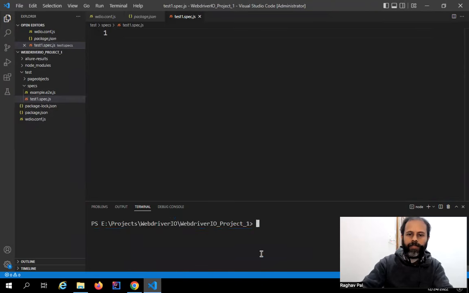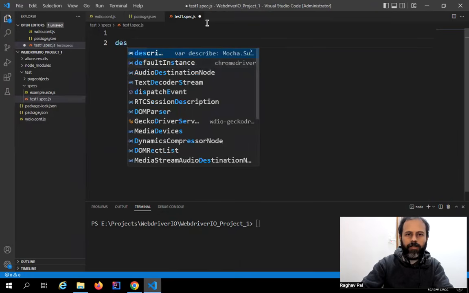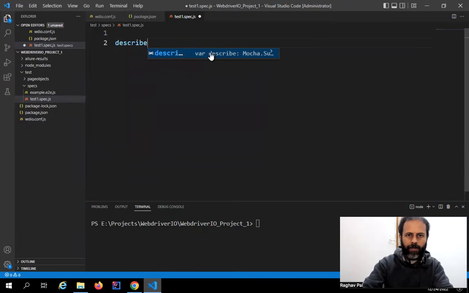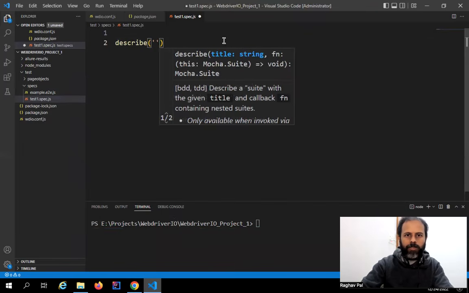create a test. So the first thing I will do is I will create a describe block, and this comes from the Mocha testing framework. You can see as I'm typing describe, it is showing me this option. This is coming from the Mocha framework. So I'll say describe and brackets. And then within the brackets, I will give a title. You can see the format here as well. I will give the title within quotes. I will say